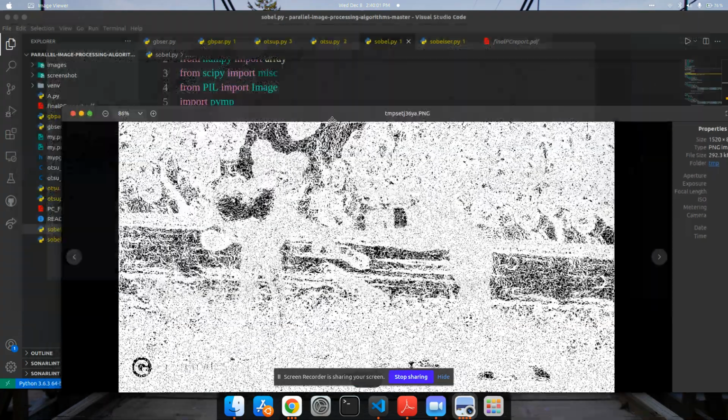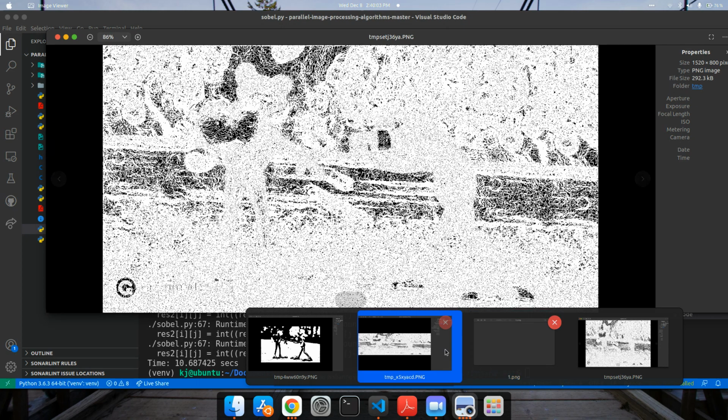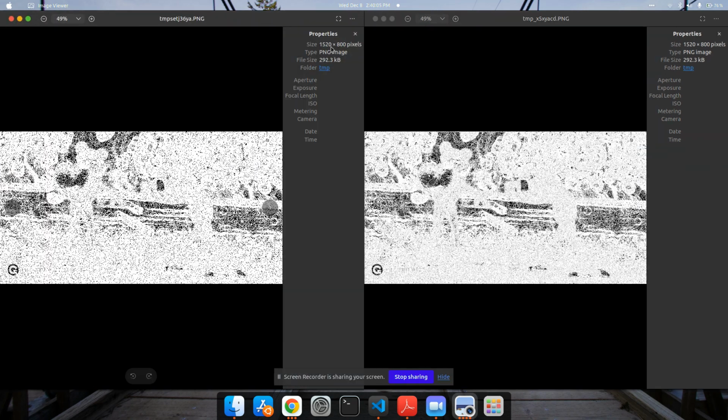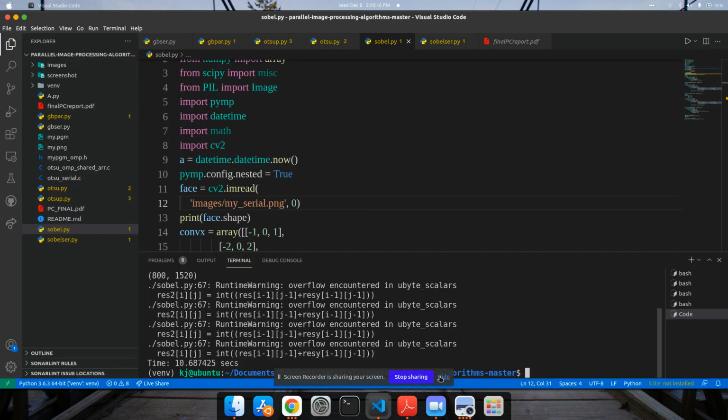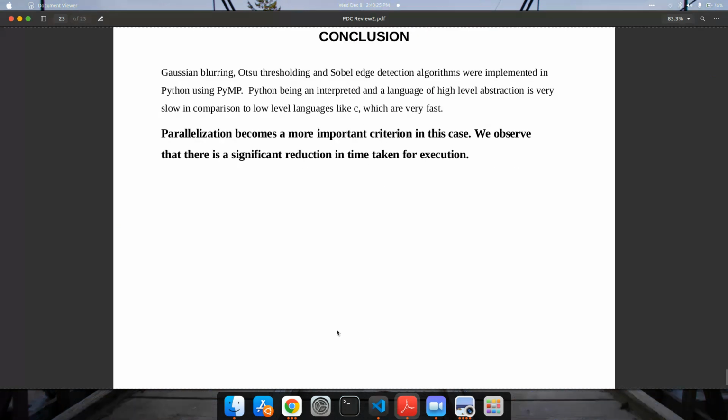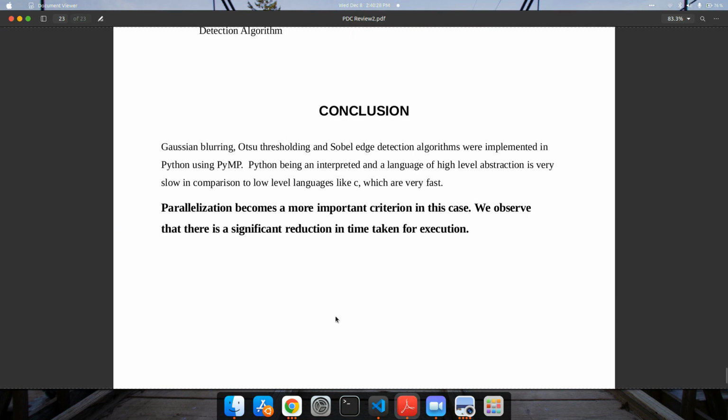I've got the same image as I was getting here, no difference, the image size and the pixels are also the same. It gives the same output in 10.6 seconds, which is seven times less. So we can conclude that parallelization becomes more critical in this case. We observe a significant reduction in the time taken for execution.